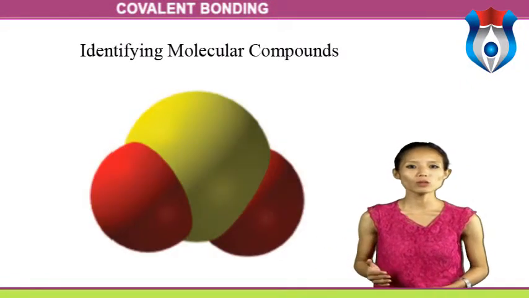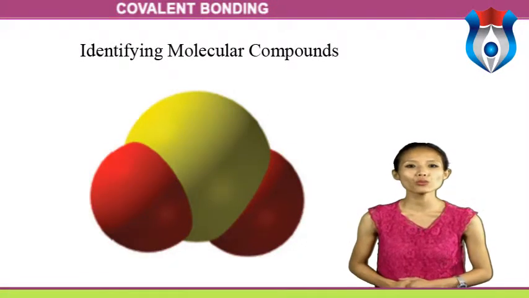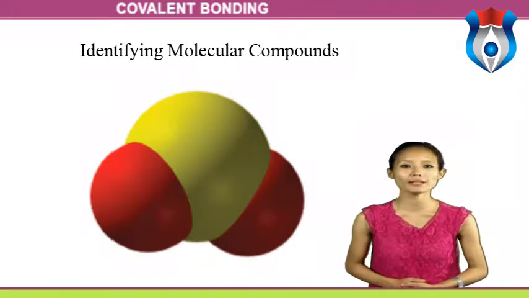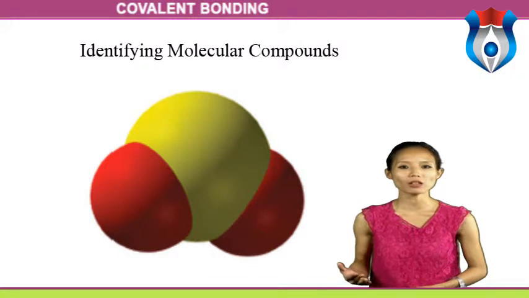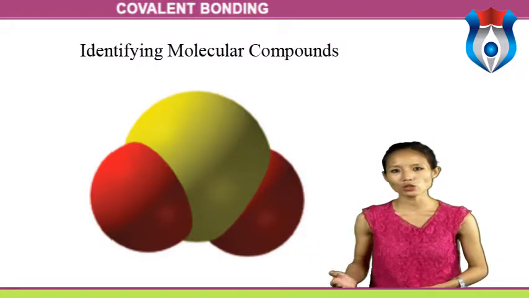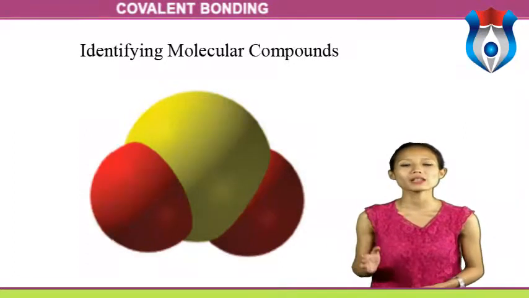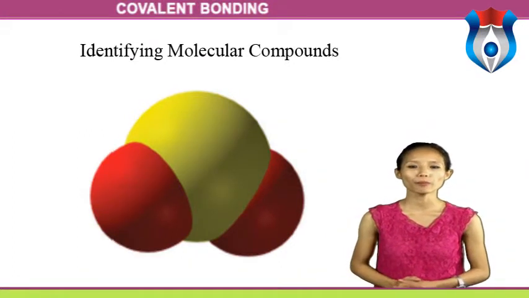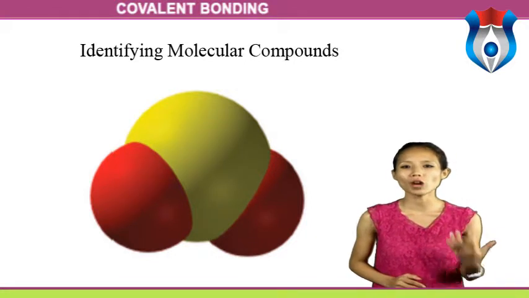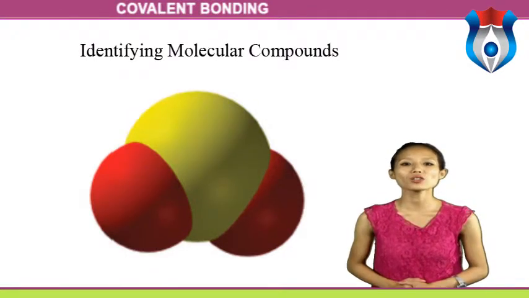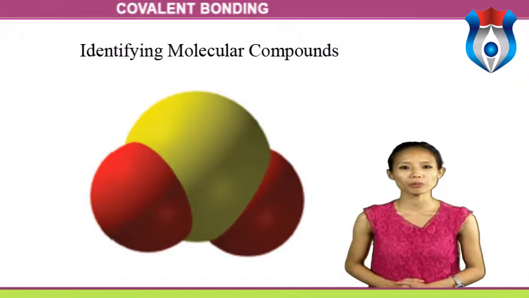Identifying molecular compounds. Molecular compounds contain two or more nonmetals, not the ammonium ion. Usually you can recognize that you are dealing with a molecular compound because the first element in the compound name is a nonmetal. Some molecular compounds contain hydrogen, but if you see a compound which starts with H, we can assume it is an acid and not a molecular compound. Compounds consisting only of carbon with hydrogen are called hydrocarbons. Hydrocarbons have their own special nomenclature, so they are treated differently from other molecular compounds.